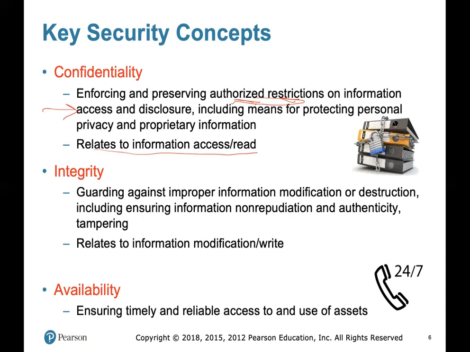Only authenticated people should be able to read the information. Okay, the next property is integrity. Integrity says guarding against improper information modification or destruction, including ensuring information non-repudiation and authenticity. Okay, what it says,